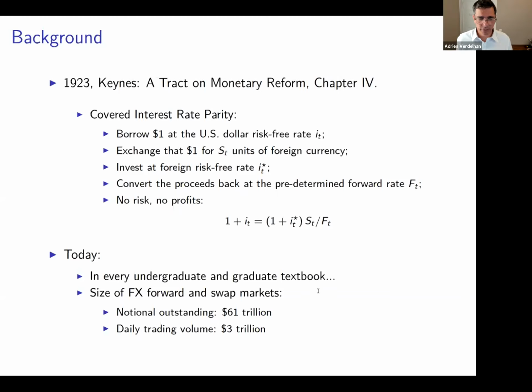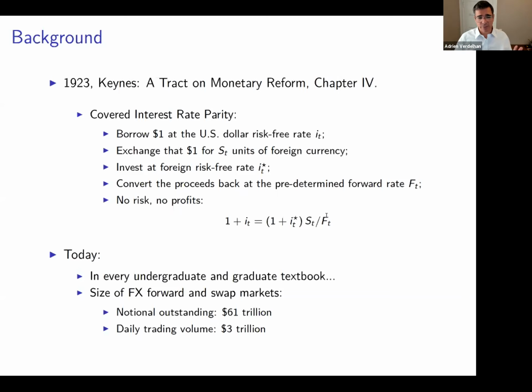So the amount of money you need to reimburse is 1 plus the domestic interest rate. That's the left-hand side of my equation. And what's the amount of money that you're going to make? Well, you're going to make money by investing (1 plus I star) S_T yen in Japan, and you're going to convert it back at the F_T rate. So that's going to be an amount in dollars. So what you have to reimburse should be exactly equal to the amount of money you make. And that's basically how forward rates were built for many, many years before Keynes and after Keynes, right?